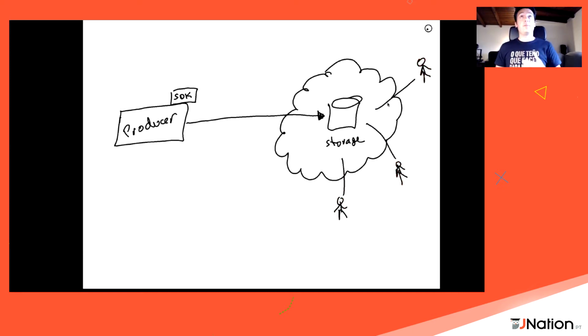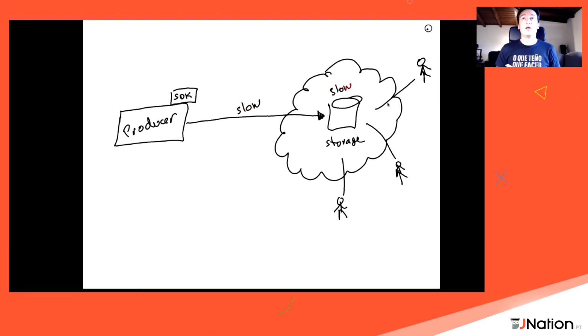This is a pretty typical pattern you can see out there, but it also has some problems. The main problem I see is if we have slow connectivity for whatever reason between our producer and the cloud storage, things are going to be complicated. So we may have problems here typically, or here in the cloud.